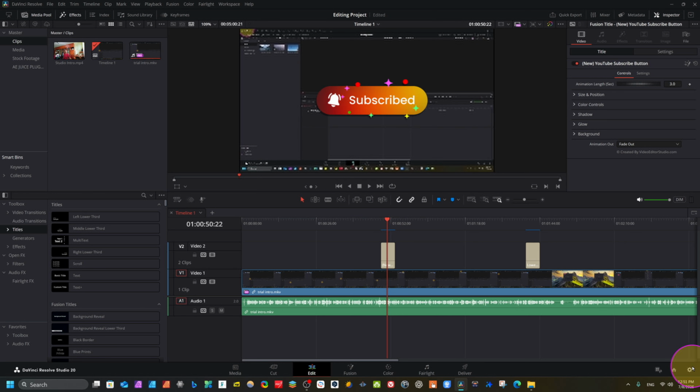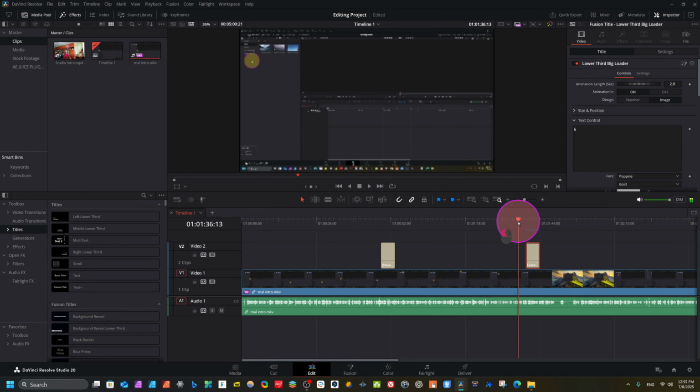Come here, you see, just click here, and you can see Render Cache Fusion Output. This is our Fusion nodes, Fusion composition. This is auto. It means DaVinci Resolve will automatically decide. It will be a very long process. So we just click on. It means the render cache of Fusion output will be in our hands. Just click on. So you see it has rendered very fast. You see the green line here. So use this method, dear friend.